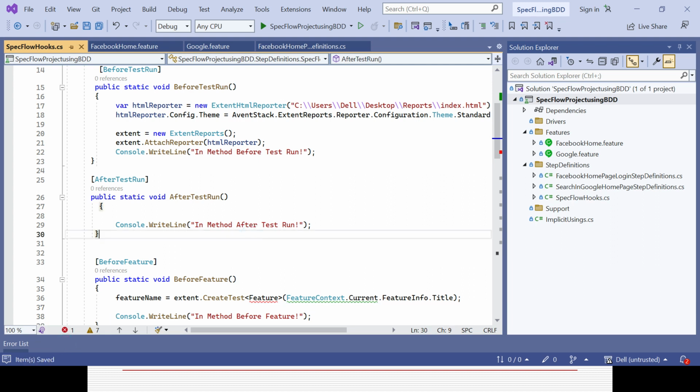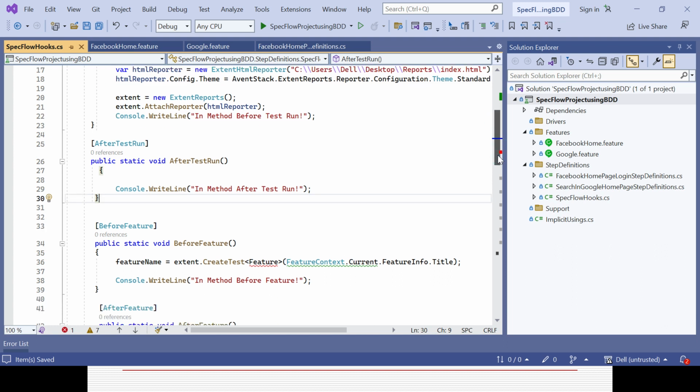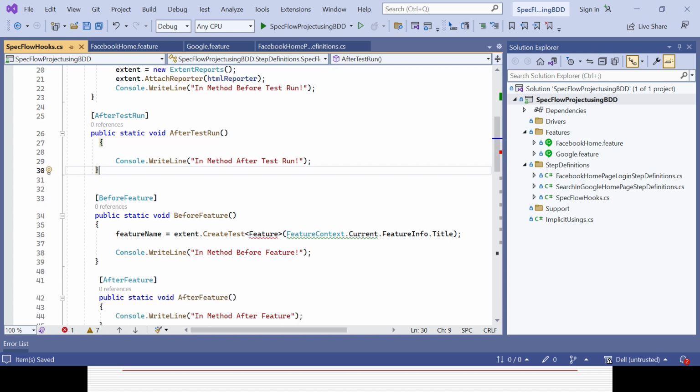Okay. Feature, yeah, create test. So it will be before feature, so extend. Let's see the error, whatever error is coming, or maybe we can just repeat it. Extend